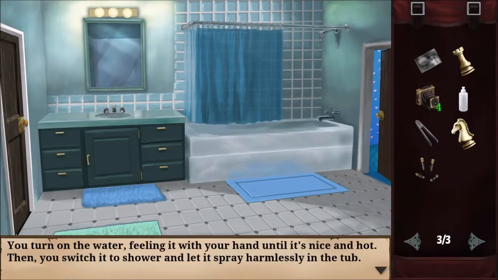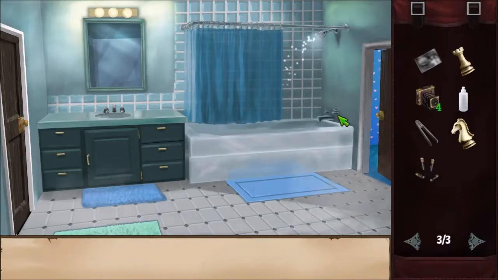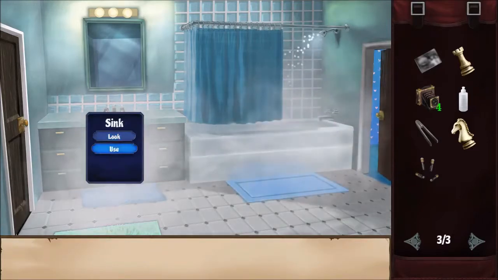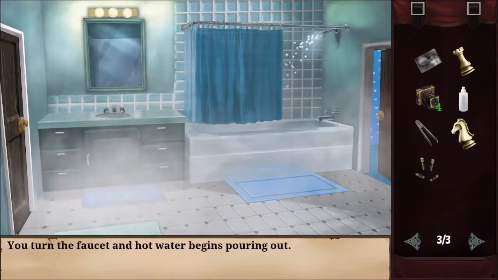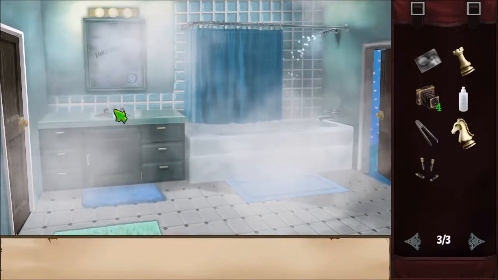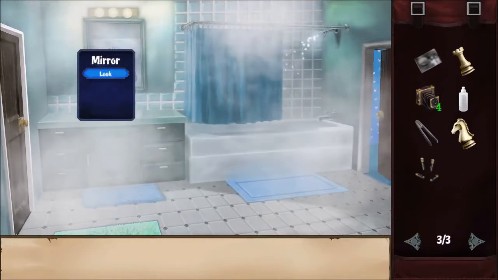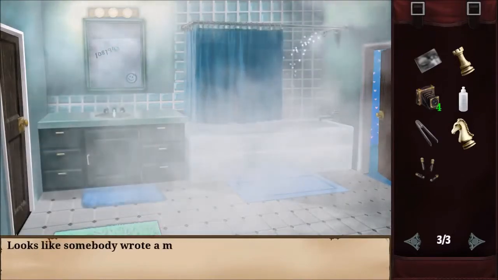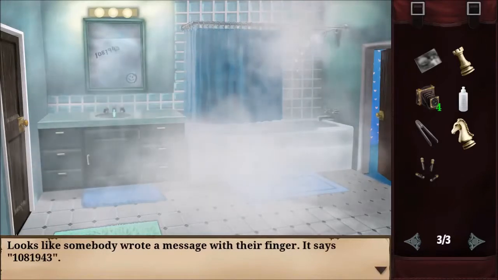Turn on the faucet. You turn on the water, feeling it with your hand until it's nice and hot. Then you switch it to shower and let it spray harmlessly into the tub. Which is what we need. We also need to use the sink. Faucet and hot water begins pouring out. And, as you can see, a code pops up on the mirror. Completely fogged up except for this one spot. Looks like somebody wrote a message with their finger. It says